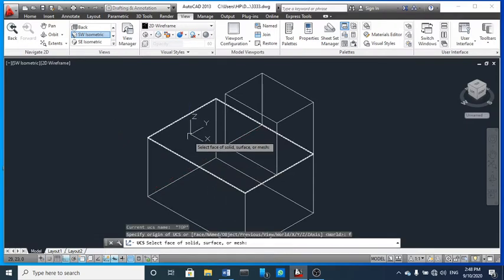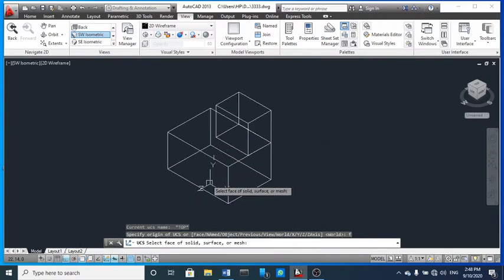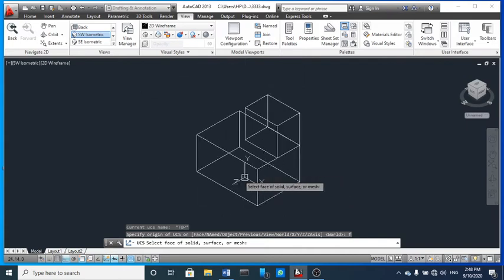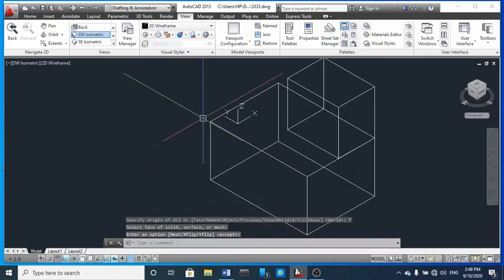You have to choose the face on which you want to work. You can easily see the face on which you want to go. If I select this, it will be highlighted. If I select this, it will be highlighted. So I'm going to choose this one, and then enter.